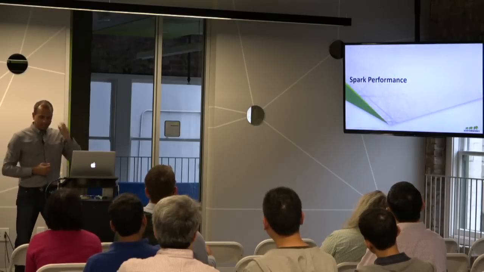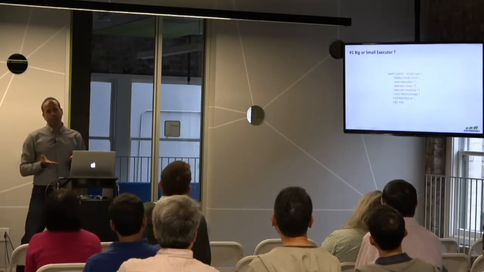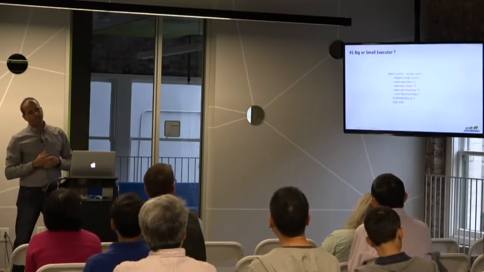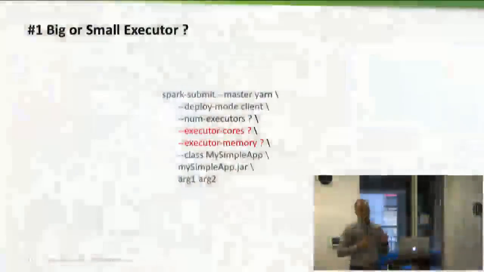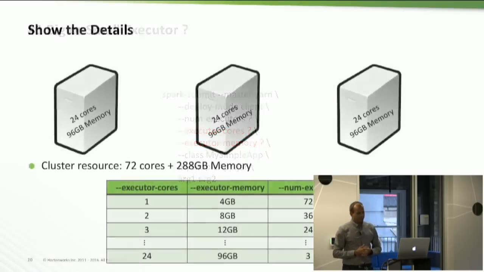So the second section of this topic was performance. One of the questions I frequently get asked, and I'm giving very high level rules of thumb, is basically a starting point. It's not where you will end up, hopefully, but this is a starting point. One question people often ask is, should I create small executors, or should I create a lot of big executors? So essentially, the answer is